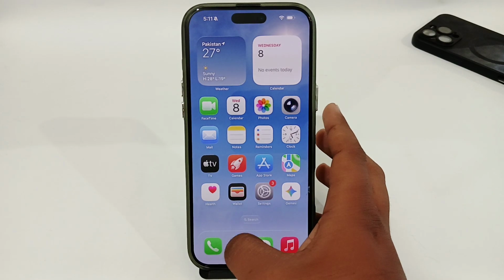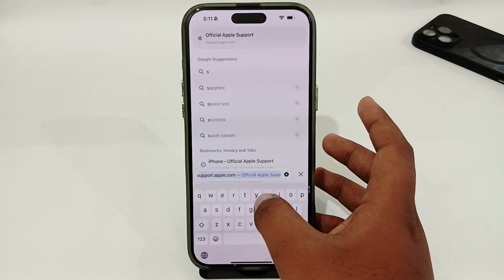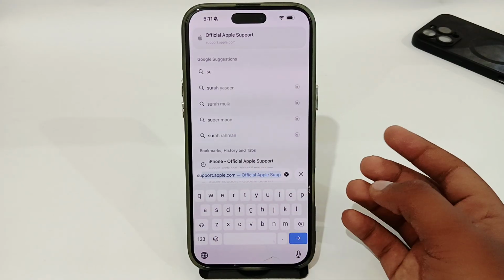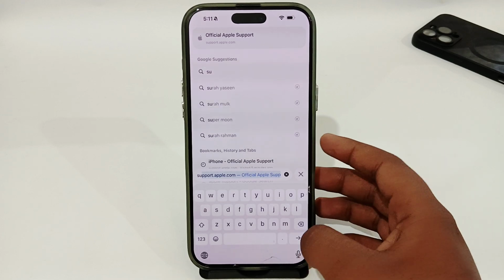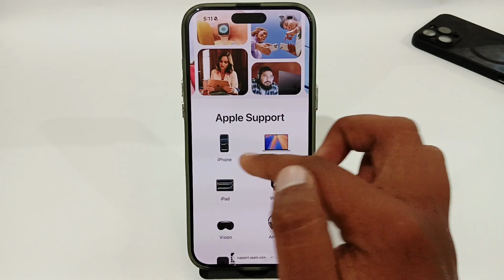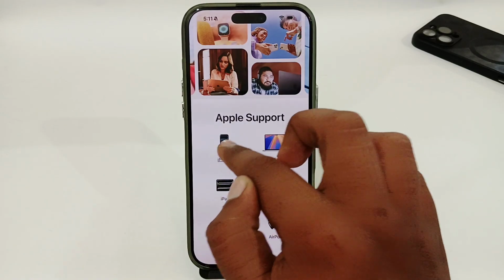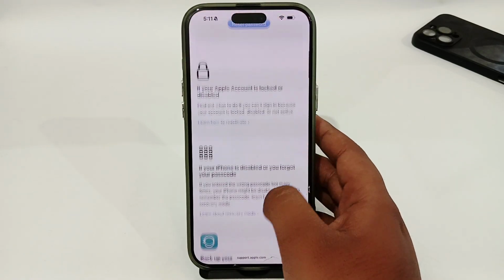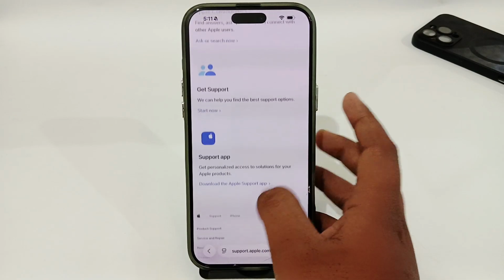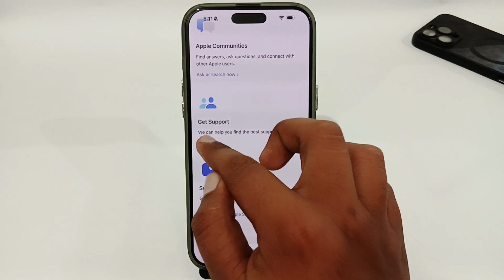Or if it doesn't work for you, you have to open the browser and simply search for support.apple.com, or you have to search for Apple Store and open the first website, and you will get to this type of interface. Select your iPhone or iPad, and here you just have to scroll down and look for the Get Support option. Once you get it, tap on the Start Now option,